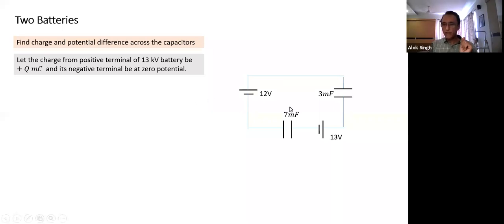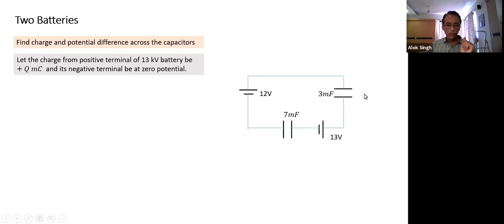Basically, when we connect the battery, what does the battery do? This plate connects to the negative terminal. It will pick up charge. Initially this plate was neutral. Suppose it transfers charge, it picks up charge Q and moves it from here to here. Since charge Q has been taken away, this plate gets a charge of minus Q. This will end up with charge plus Q. If I take this whole system as an isolated system, net charge is 0. Again, I'll come to that point.